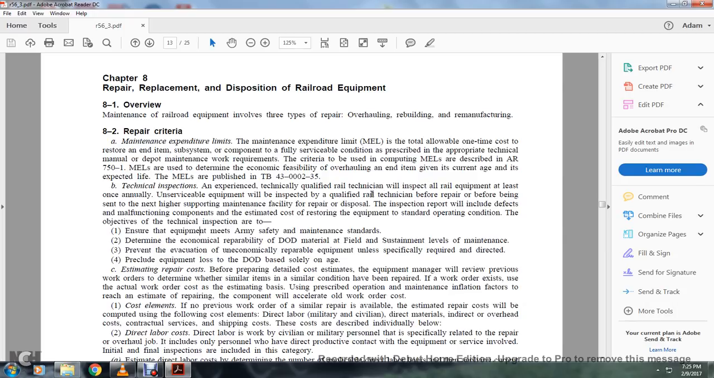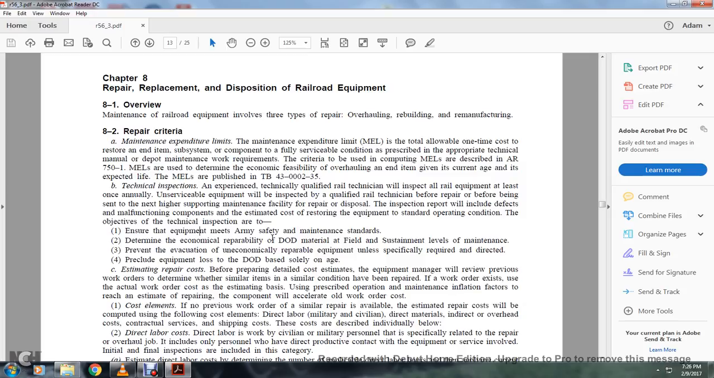Unserviceable equipment will be inspected by a qualified rail technician before being sent to the next support maintenance facility for repair. The inspection report will include defects, malfunctions, components, and the estimated cost of restoring the equipment to standard operating condition. The objectives of the technical inspection are to ensure the equipment meets Army safety and maintenance standards,